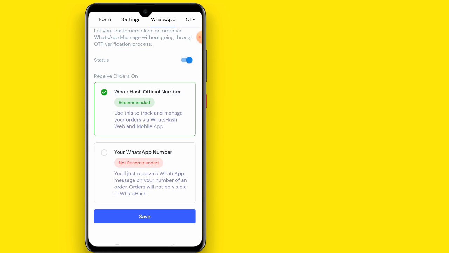Now if you select the Wasatch official number, which is highly recommended, it simply means that when a person orders a product, the person will be directed to the Wasatch official number with a 13 code. All right, the order code. And once the person sends that message, Wasatch will give the person a reply